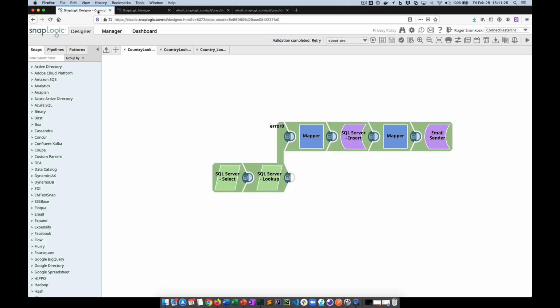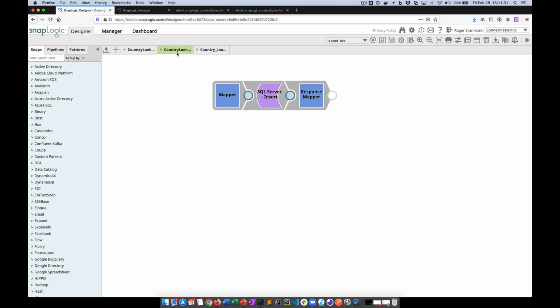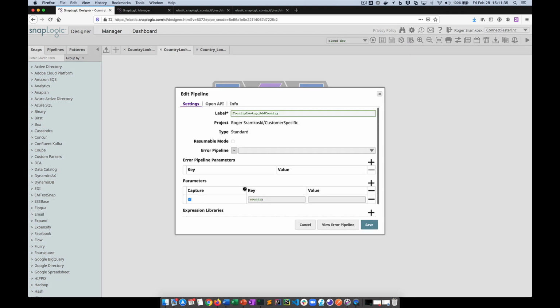Now when I hit approve, we're going to open up a new tab, and we're going to give you a response indicating that the country USA has been added to the master data table. So if I come back over here, the second pipeline that's behind that triggered task is this one, and it's pretty short. We've got a parameter here, so this is where country can be passed in